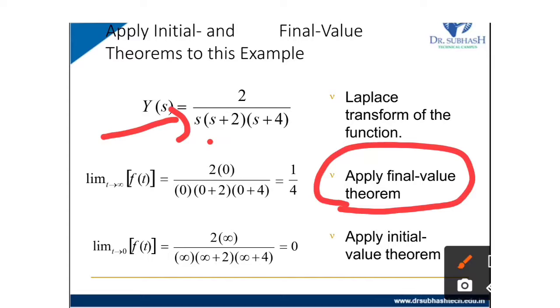So it is 2 multiplied by 0 divided by 0 plus 2 multiplied by 0 plus 4. So it is 2 divided by